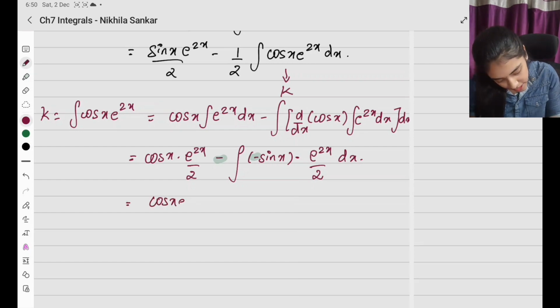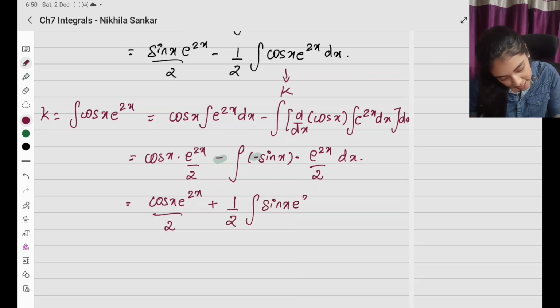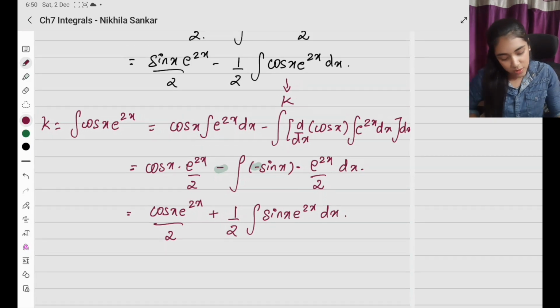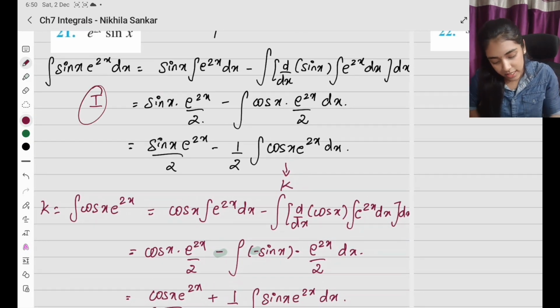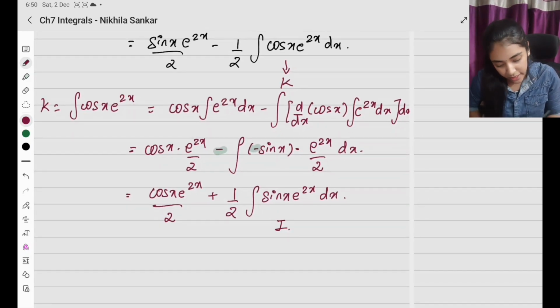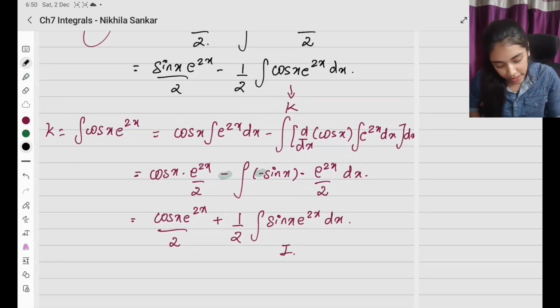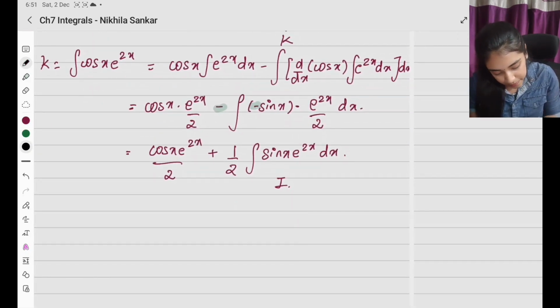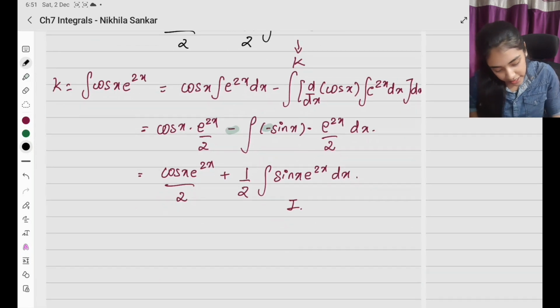Cos x e to the 2x divided by 2 plus 1 by 2, which we can take outside, integral of sin x e to the 2x times dx, which is nothing but our I. So this is going to be I. So how does my final answer look like? I equals, so from here, I equals